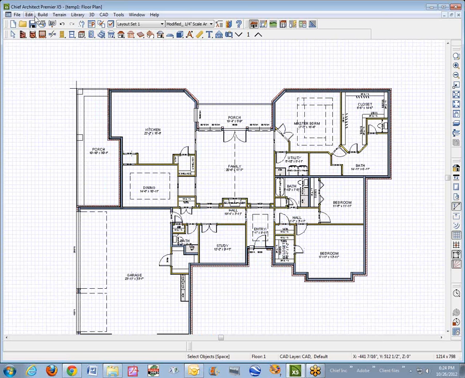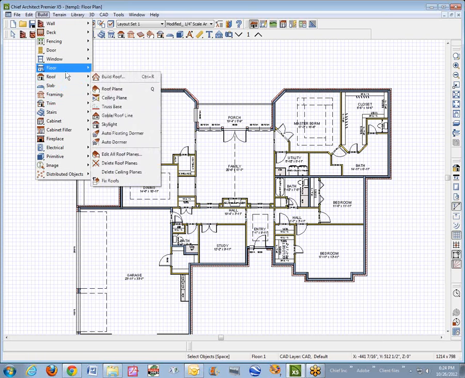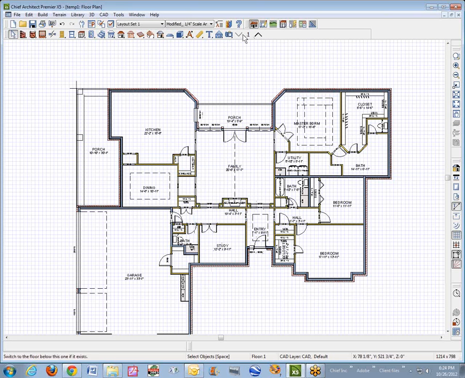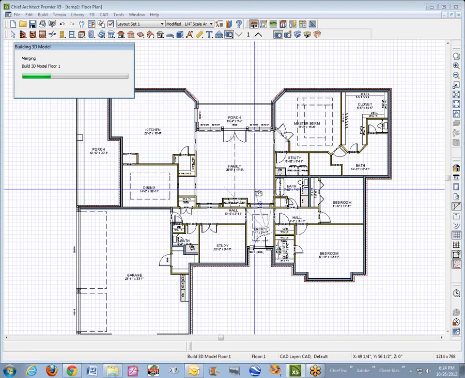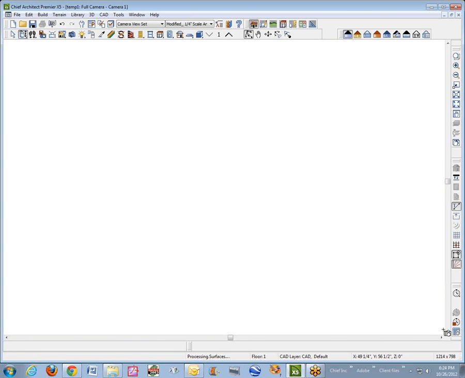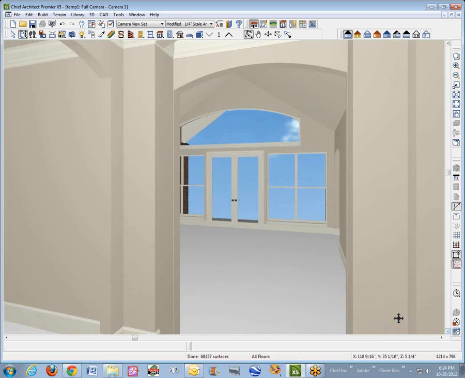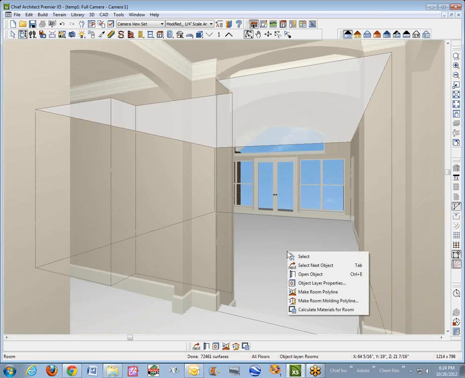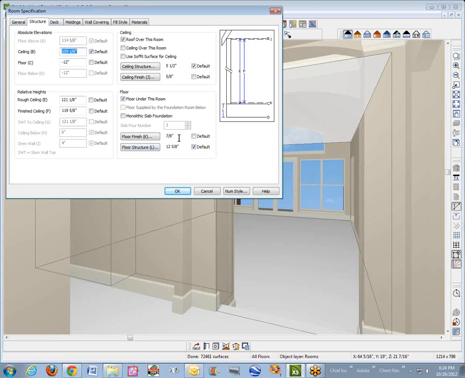I'm going to go over here and delete the foundation. Build, floor, delete foundation. I just, at a glance, without going into it in depth, delete the foundation. First thing I noticed, I think you posted an image from this viewpoint here. And it just may be that my computer's slightly different, who knows. But I'm going to click here in this main room with the vaulted ceiling, and I noticed that the floor